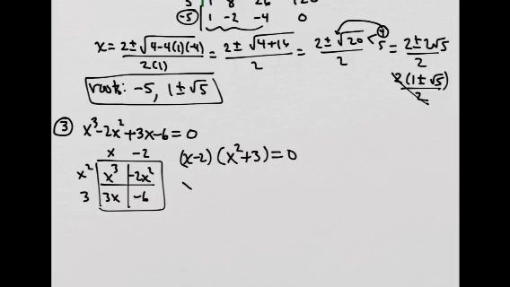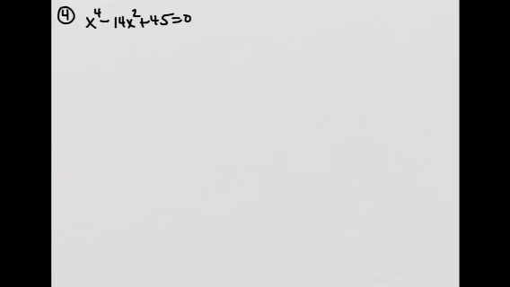So for the first factor, we say x equals 2. For the second factor, it's plus or minus the square root of 3i, or i square root of 3, whichever one. So this one has 3 complex roots because the degree is 3. One of them is real, 2 of them are imaginary or complex. Alright, so here's another one,